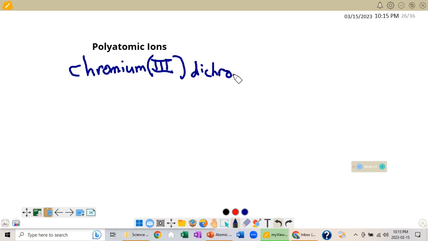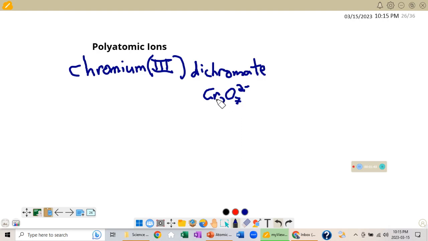So this is probably as hard as I could make a question for you, because you look at this and you go, chromium dichromate, what in the world's going on? But then you go, oh yes, dichromate, that sounds like a polyatomic ion. My first step is I'm going to write that down. I've got to find that polyatomic ion first. And I find, oh, dichromate, there it is,